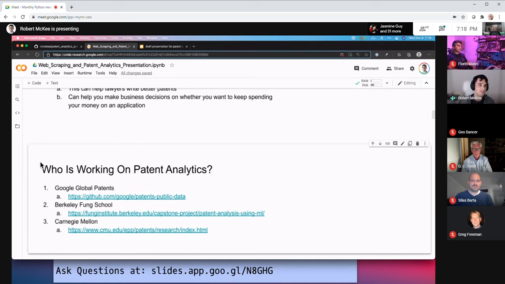And you can search patents.google.com to look at patents. So they have a lot of expertise in that area. Also, the Berkeley Fung School, the engineering school, it's very unique in that they've got quite a few posted case studies where people did data science and machine learning on patent applications. And a newer one is this department at Carnegie Mellon that started up dedicated to patent